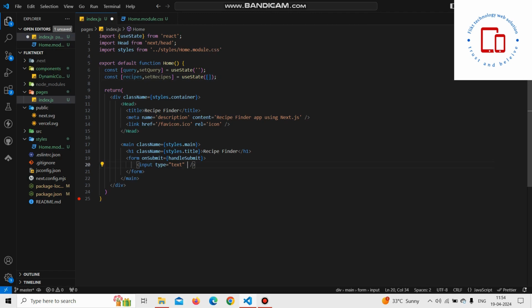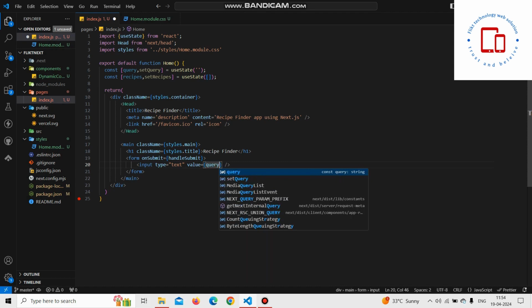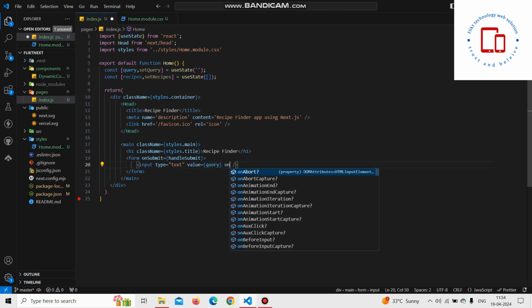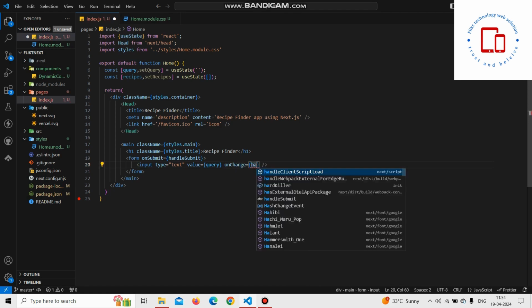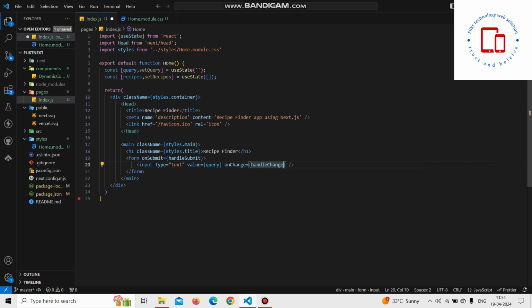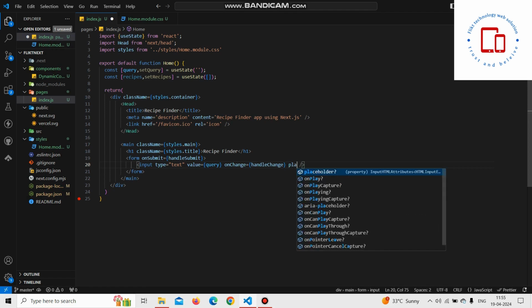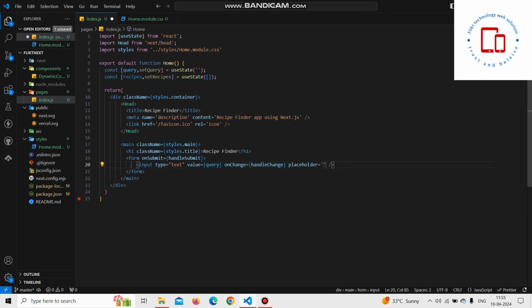Inside text, I am going to give a value of query and on change handle change and a placeholder search for recipe and a class name of styles dot input,